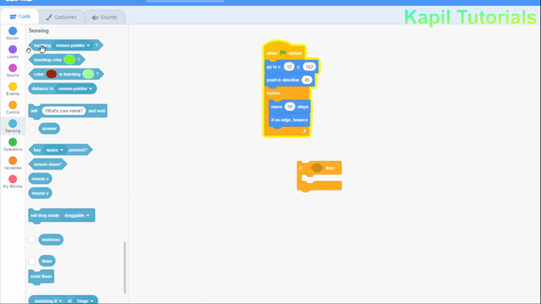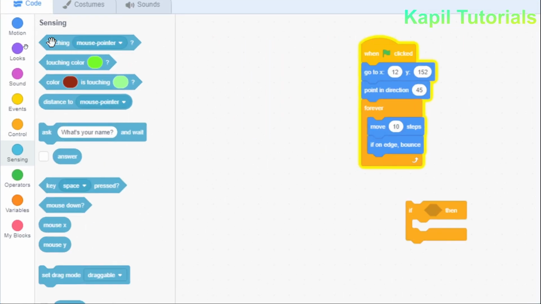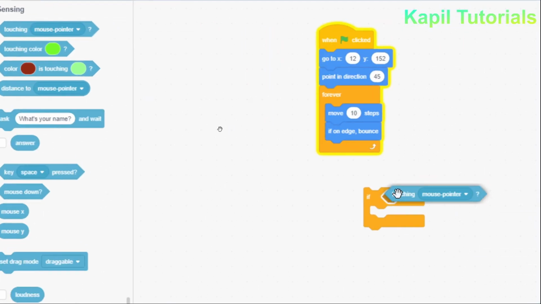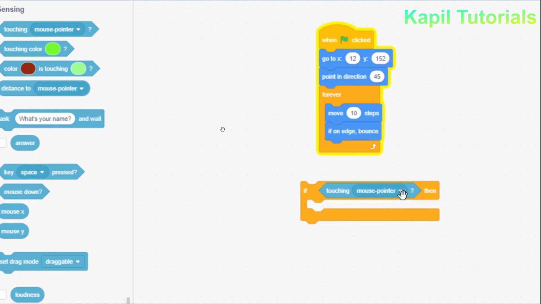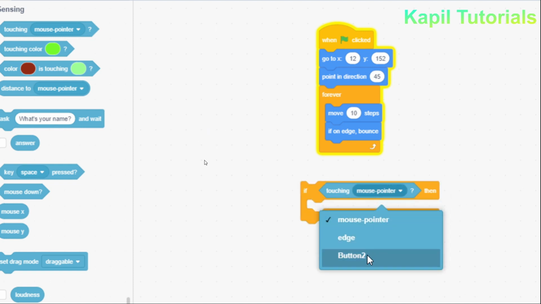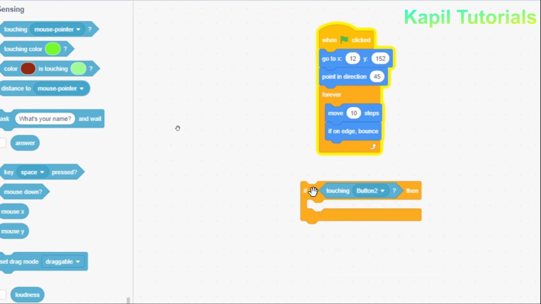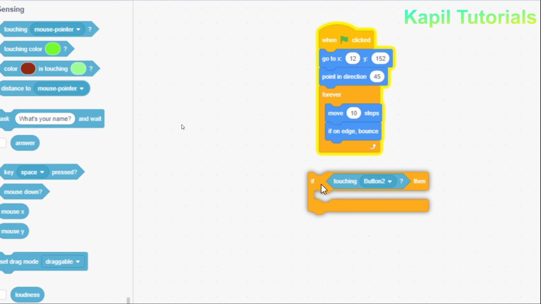This is the command here. I'll just select this. If touching button 2, button 2 is what? The first sprite which is moving left and right. Okay, so I'll do it like this. If touching button 2, what should it do? Point in direction 45. Again I'll take the same command.